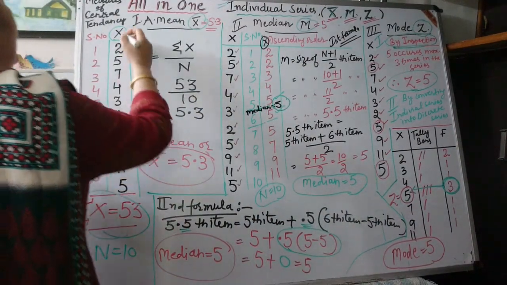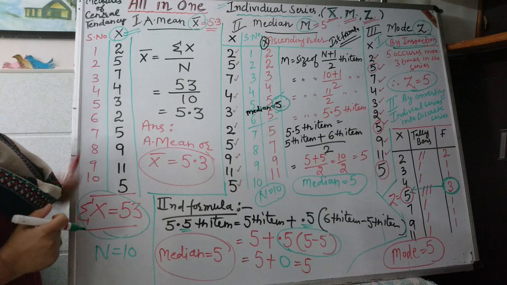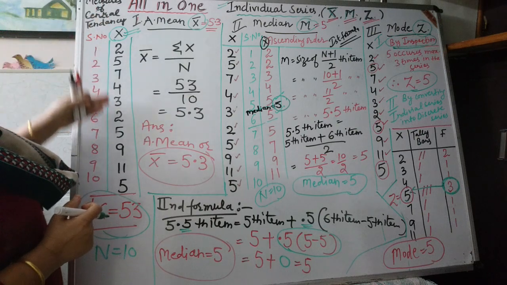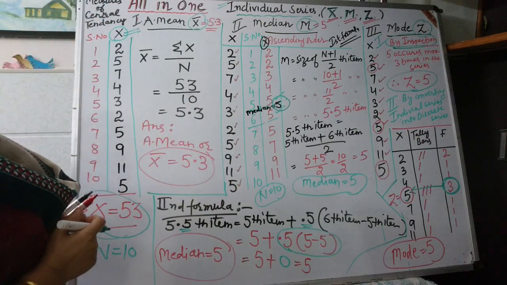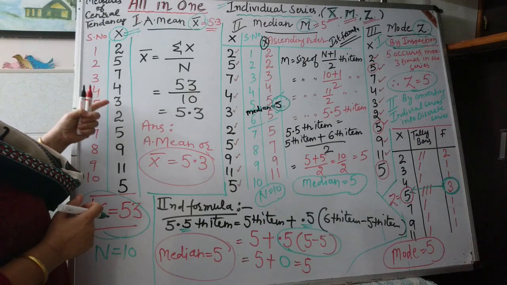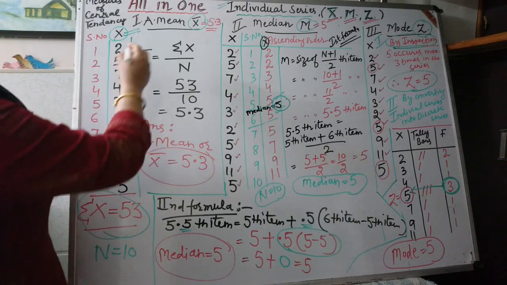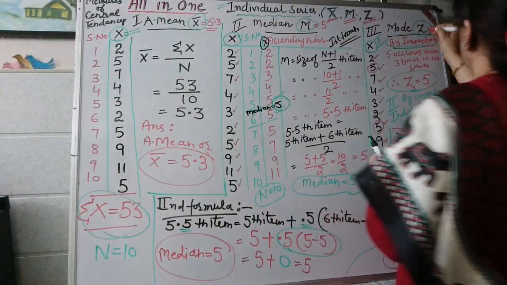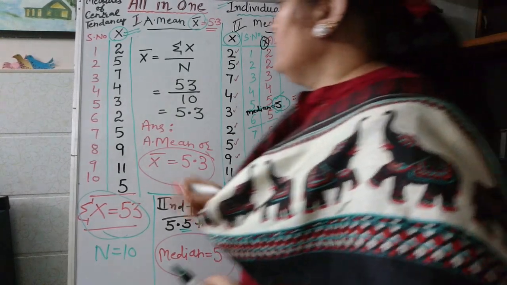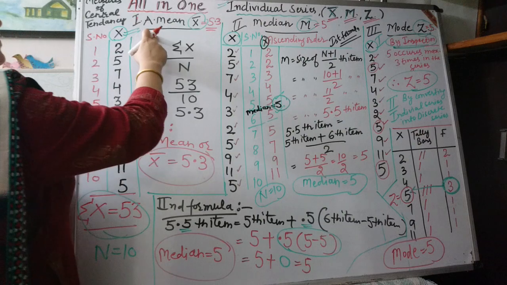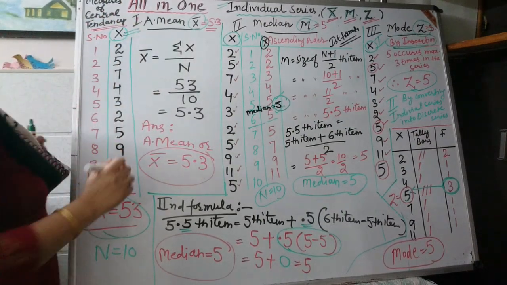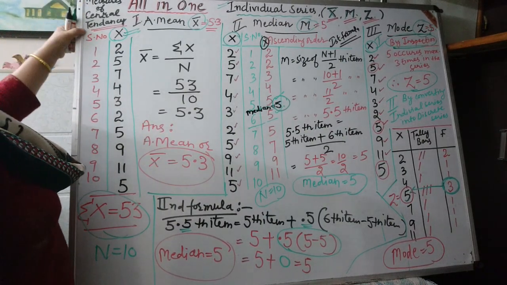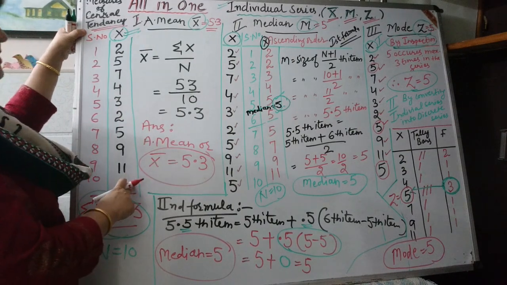So in this way, only a single value, the value of x, was given. X means either the value of marks, height, weight, wages, salaries, whatever it may be. With the help of x, we have to calculate from the single statement. We have calculated the value of mode as 5. With the help of this single statement, we have to calculate all the measures of central tendency, if the examiner asks to calculate measures of central tendency with the help of the given values of x.